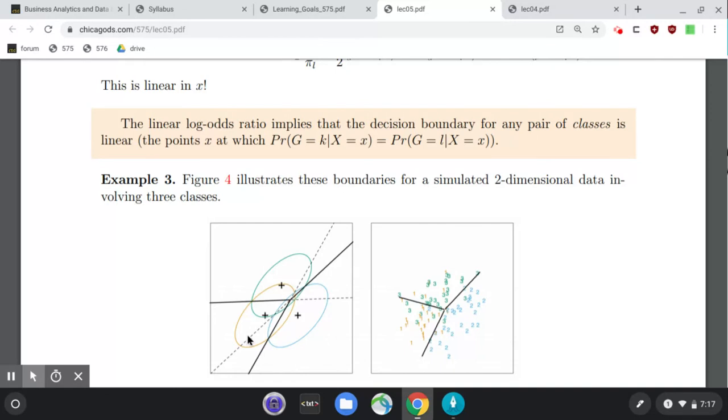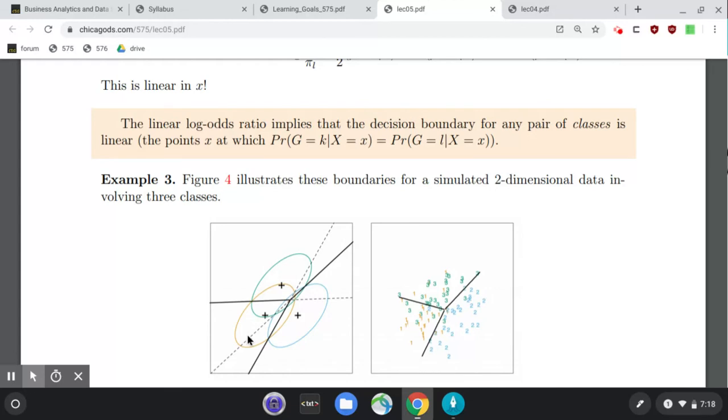The decision boundary is the region where the log probabilities are equal, where the log ratio is 0. Basically you can think of three bell curves. Wherever one bell curve suddenly becomes higher than the other ones is the boundary. And it turns out it's linear. That's what I said. I didn't want to bore you by writing all these equations. It's not too many, a couple of equations. So this is the decision boundary, and if you solve it on a particular problem, this is the type of decision boundary you get.